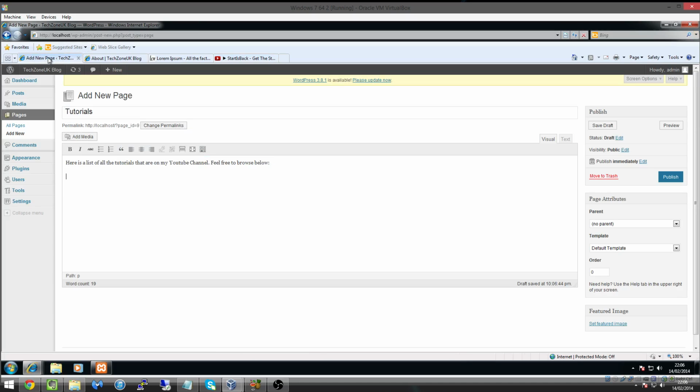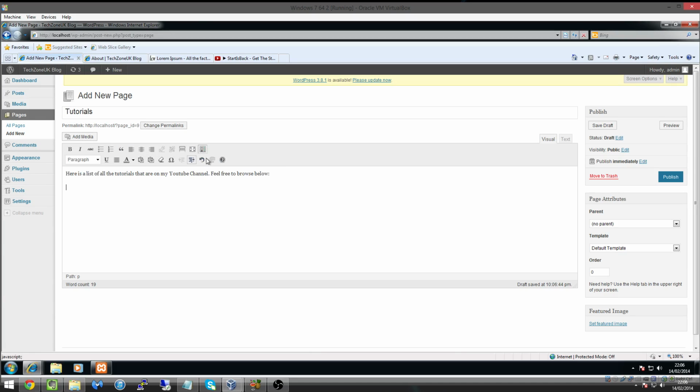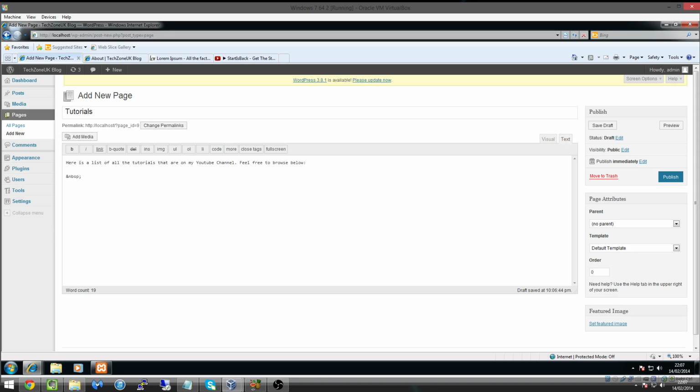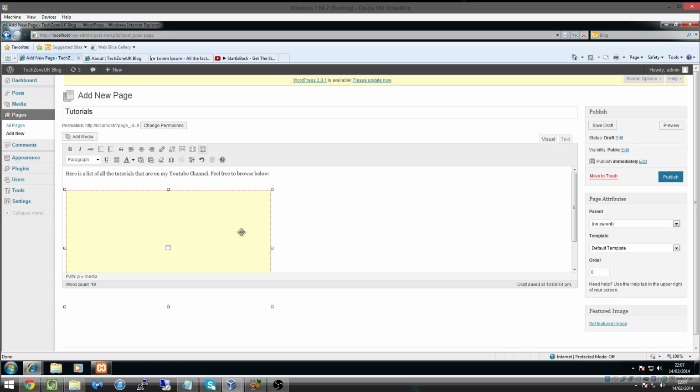I'm just going to paste that in here, but there's a little option here called hide kitchen sink, and if we press on that, sometimes depending on what theme you have, it allows us to add a video. If not, you see this little button, text here, we need to click on that, and underneath what's called the &nbsp, we just paste the iframe HTML code in and click back on visual, and you'll see we now have a video box, which we won't show the video here, but as soon as we click update, or publish, sorry, as it's first known as,